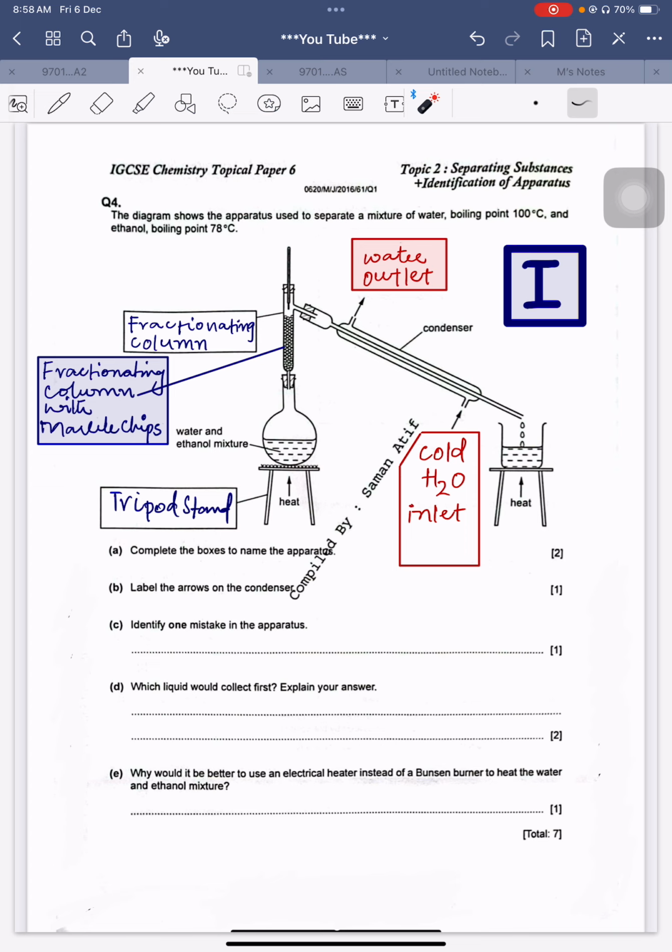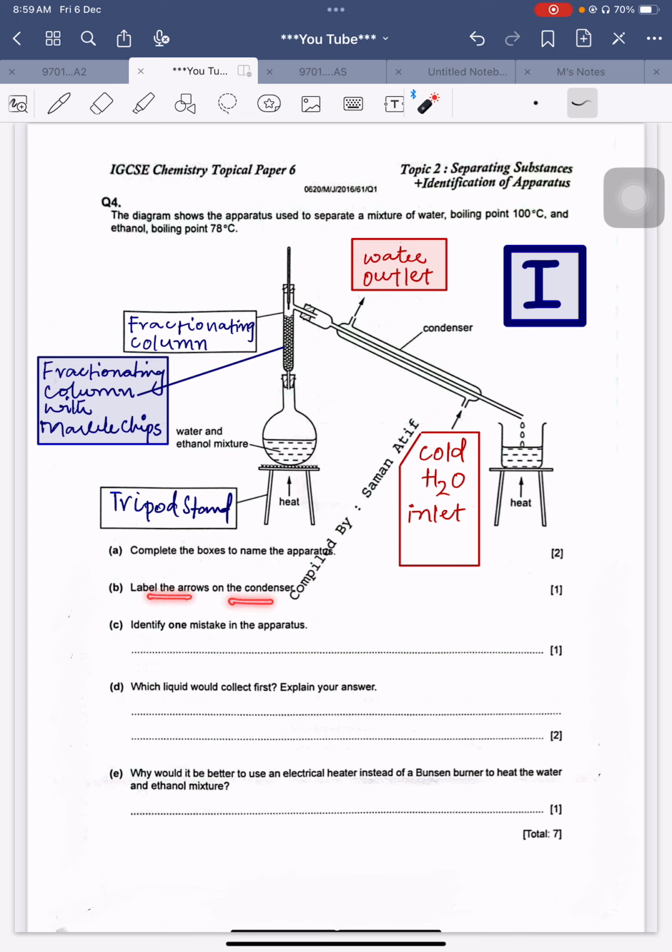When I was giving you an introduction to the apparatus, I told you that a tripod stand cannot be shown with this type of diagram, as it is a three-dimensional diagram which will tell you that it has three legs. You can see those three legs in any video in which a three-dimensional diagram of that apparatus is shown. Here it is a three-leg stand. The third leg of this tripod stand we cannot look into, and it is a tripod stand. The name will not be dipod stand, it will be tripod stand. So 2 marks will be given if you write both of these correctly.